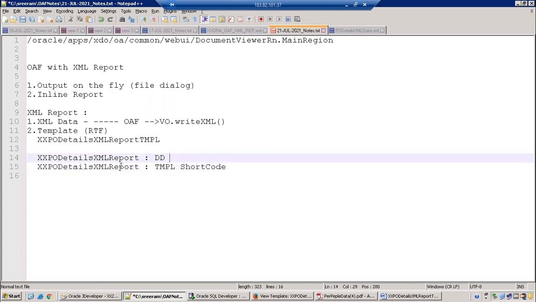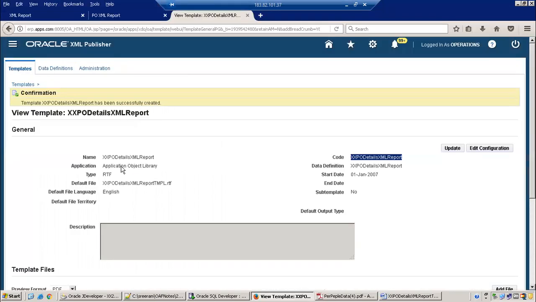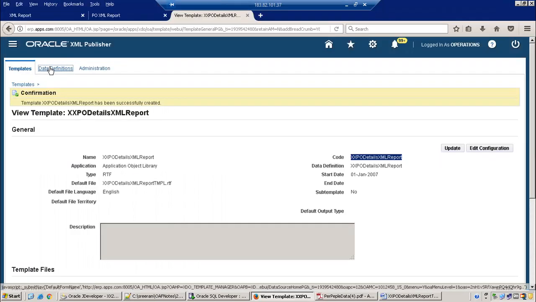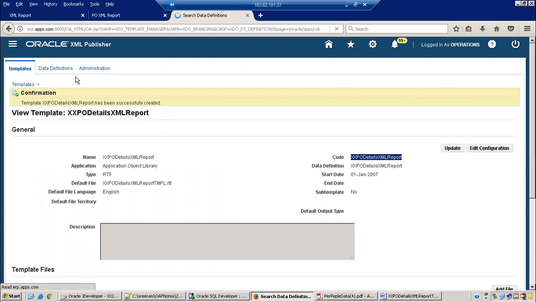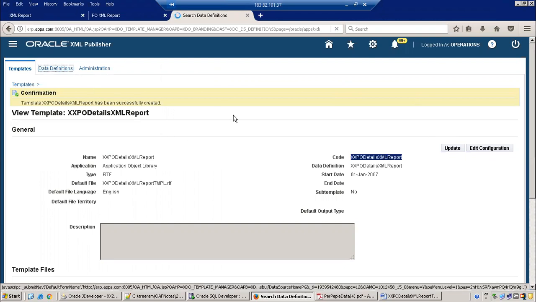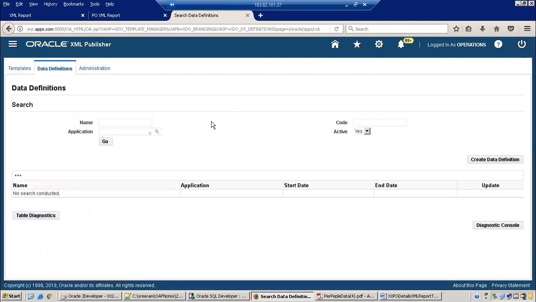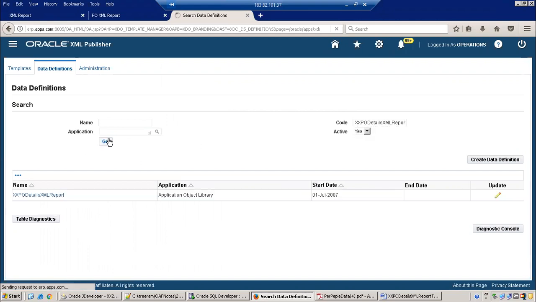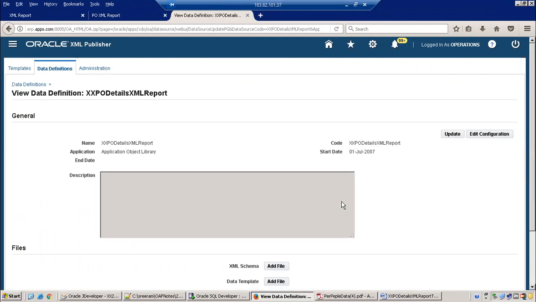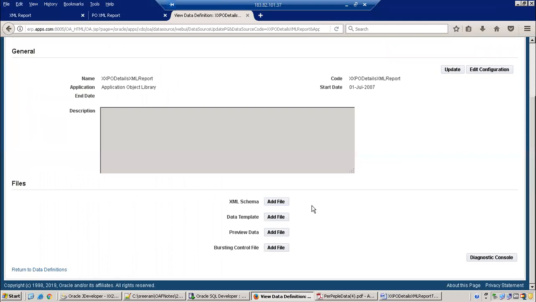Data definitions, you attach, right? Data definition .xml file you attach, right? Why do you require data definition XML? There is nothing under data definitions. Not required. That is a concept here, right? We are providing the XML data from OAF. You don't require any data definition query at all. Just a simple data definition is enough here. No data definition query. Here you don't need to attach the file, right? The file which we created, that's of no use, right?